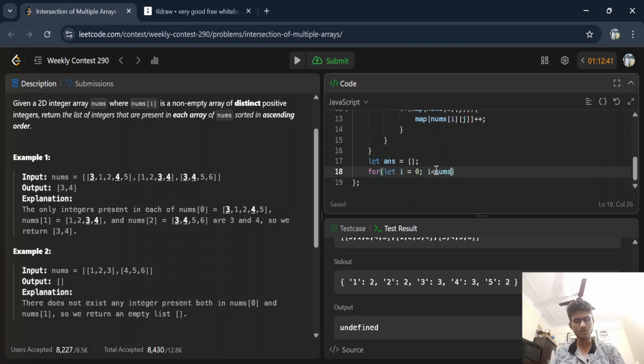nums of 0 dot len. Map will have everything which was in 0. Okay, and I plus plus. Yes. So this is my map, and